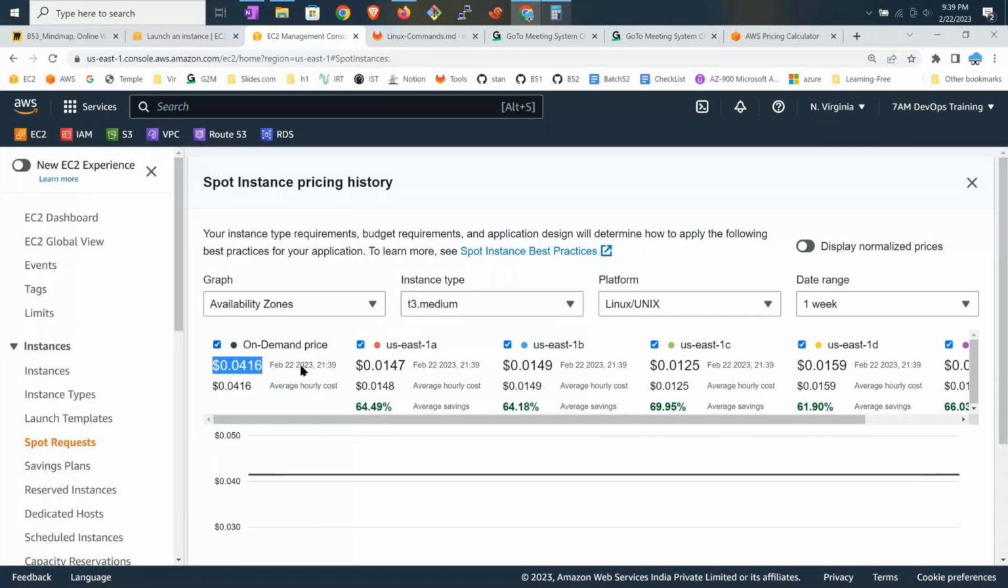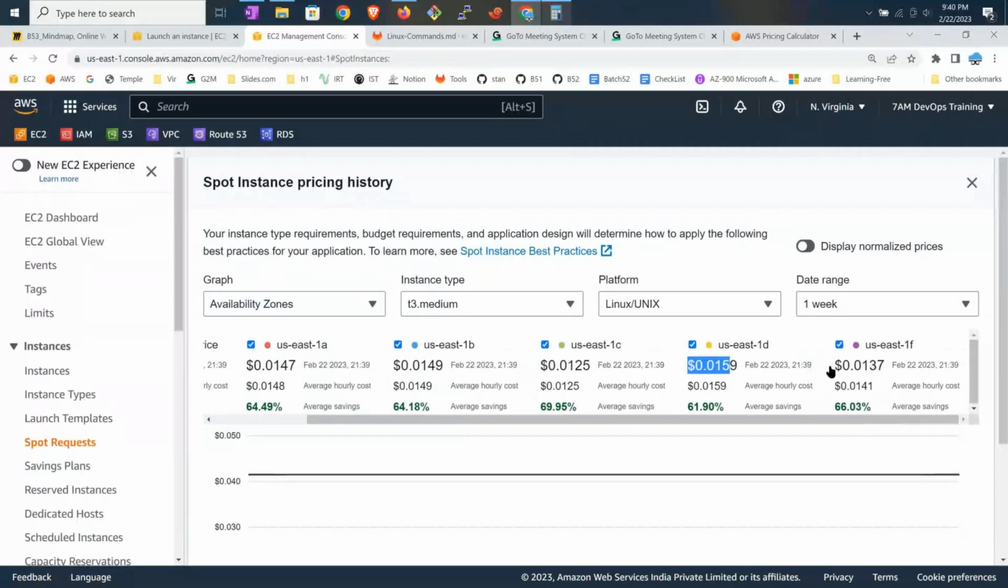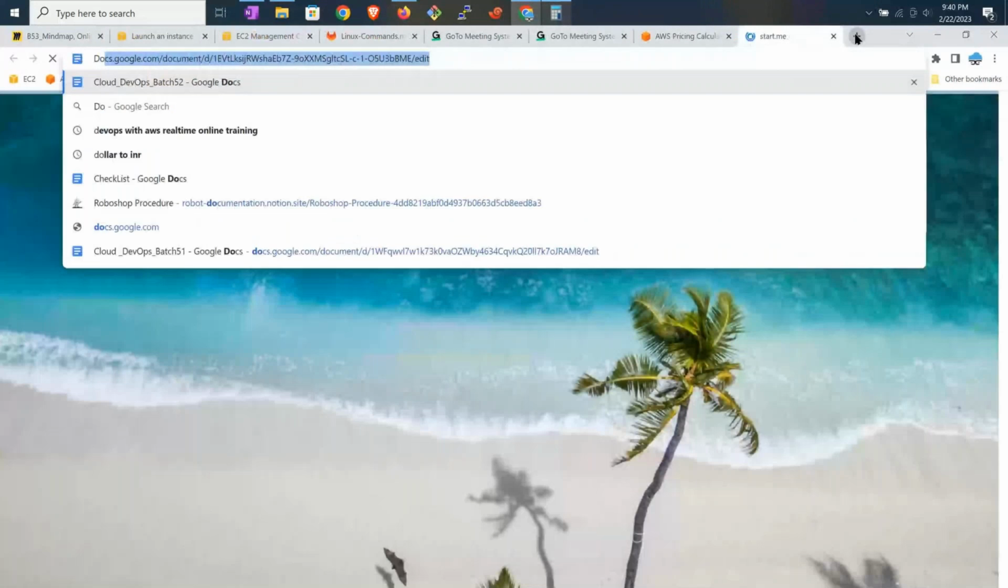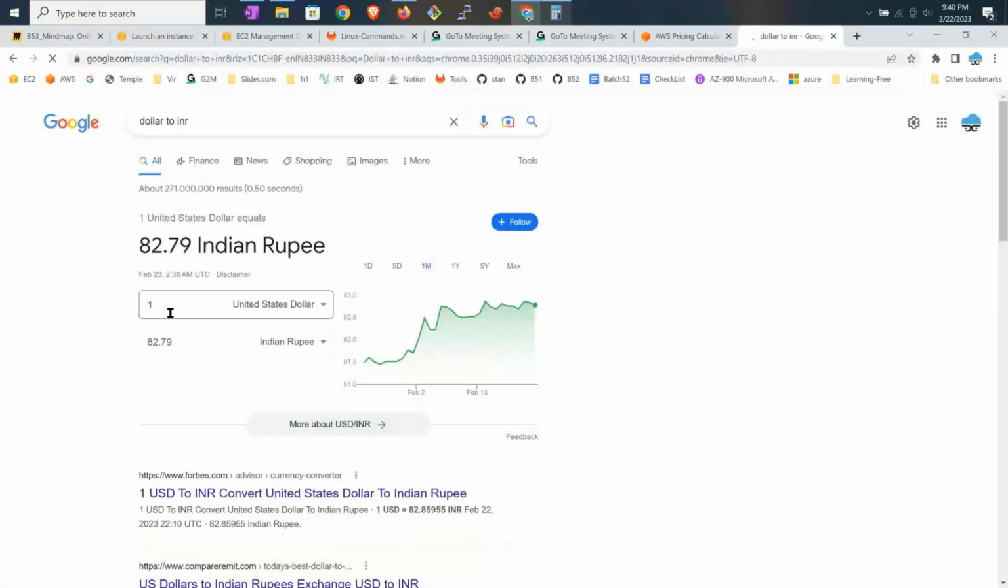0.0416, but the spot price in the East 1A is 0.0147, which is very less. And here it is 0.0149 and here it is 0.0137. So 0.0137, converting dollar to INR, that means it is 1 rupee 20 paisa per hour. Even if you practice with 10 servers for 3 days, you will be charged just 30 rupees per day. That's it. Even if you use that much, it's going to cost you 1 rupee